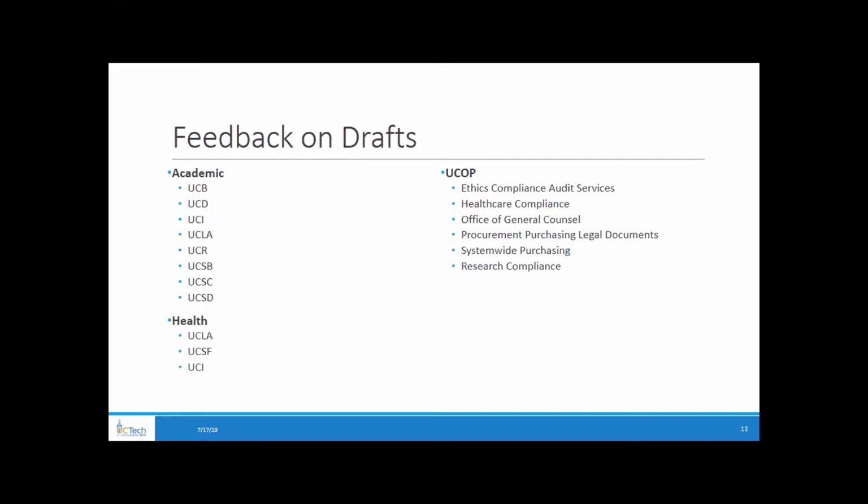Okay, then the feedback on drafts, all the academic locations gave feedback in a substantive way, except for A&R. 3 of the 4 health locations gave feedback, and then all of the core groups at UCOP,